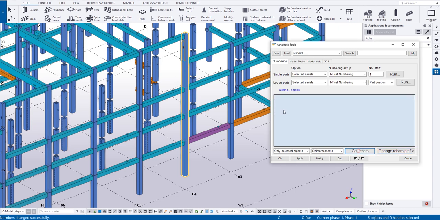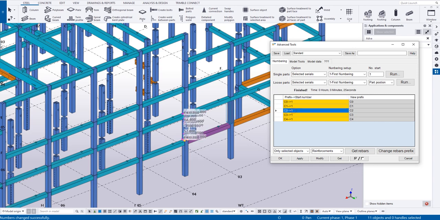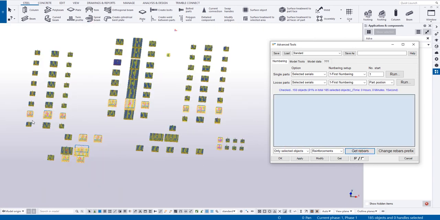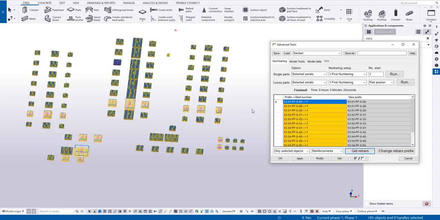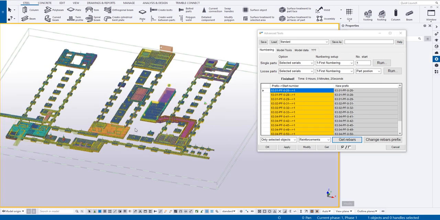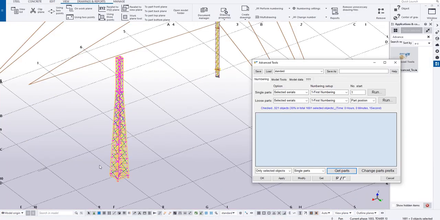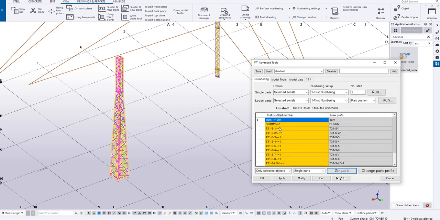Also for the columns, we have some different levels and we can do them one by one. You can also easily change the prefix for foundations in the building, in case you want to change it to suit the table in your document. You can assign it to almost any type, like beam, foundation or slab. First you can get all the single bars, change the prefix and keep the bar position number for your project. If you want, you can highlight the single bars.